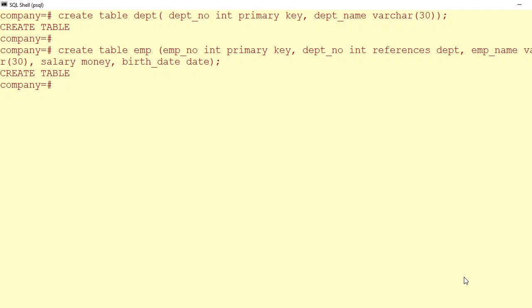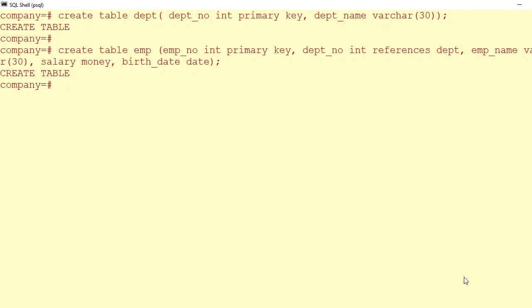Let us see now the practical implementation of foreign key constraint. Here we have considered one company database, and in that we are going to consider two tables, department and employee. In one department we can have many employees and one employee belongs to one department.